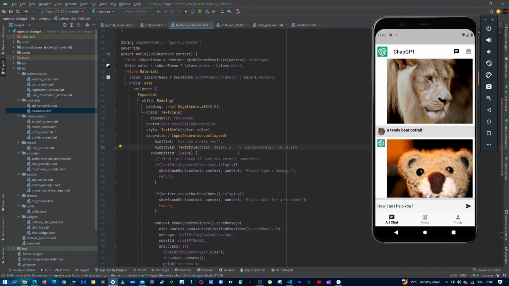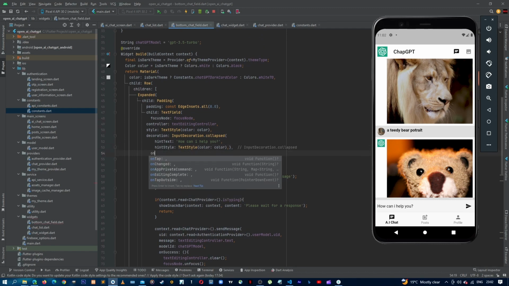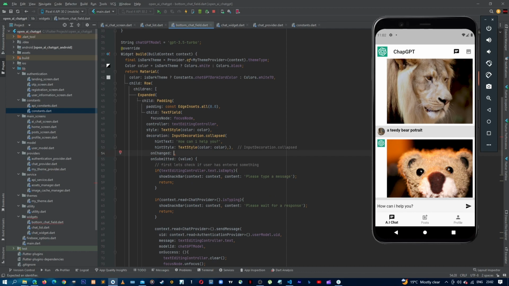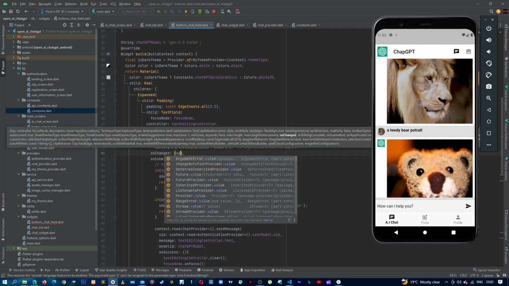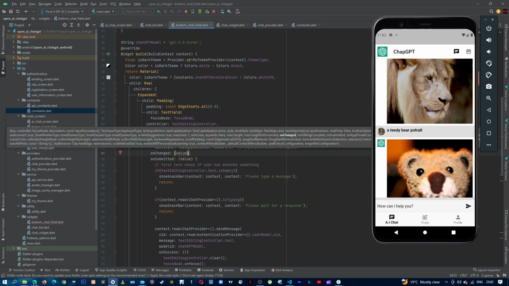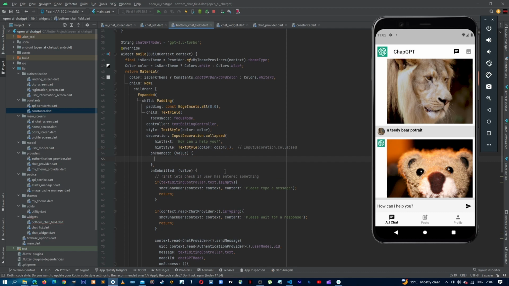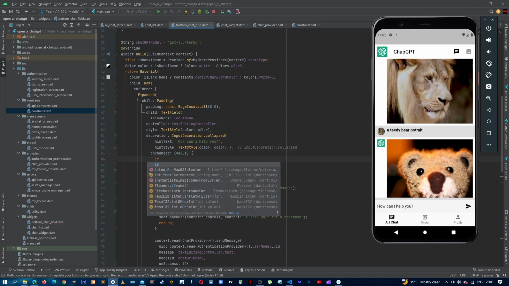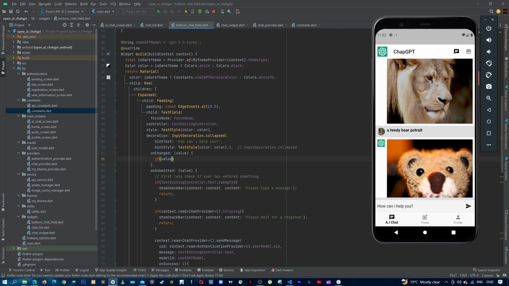So for that, we need to add another property which is onChanged. This one takes a value, returns a value. So here on our onChanged method, all we need to check is if the value